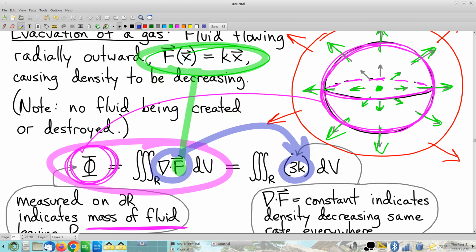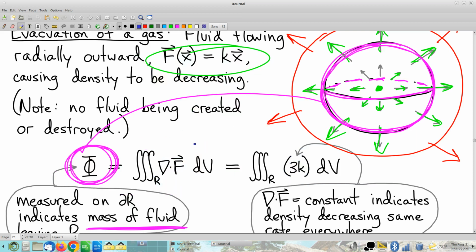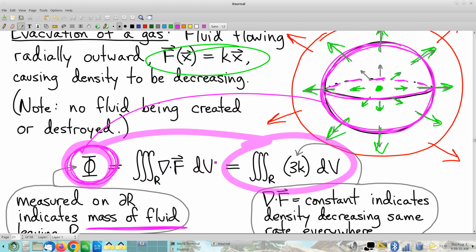If you get stuck, if you're not sure how to get started on this, or if you don't get this answer or what have you, come talk to me in office hours. It's no big deal. I'll be very happy to show you. Anyway, the answer ends up being 3k. So what sense do we make then out of this statement that flux is the triple integral of 3k? What does this 3k mean